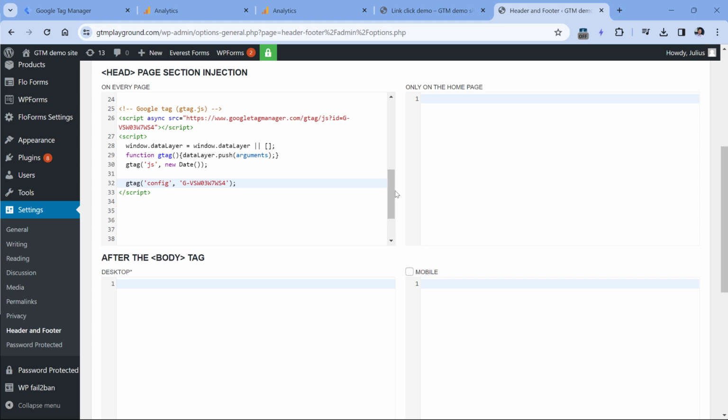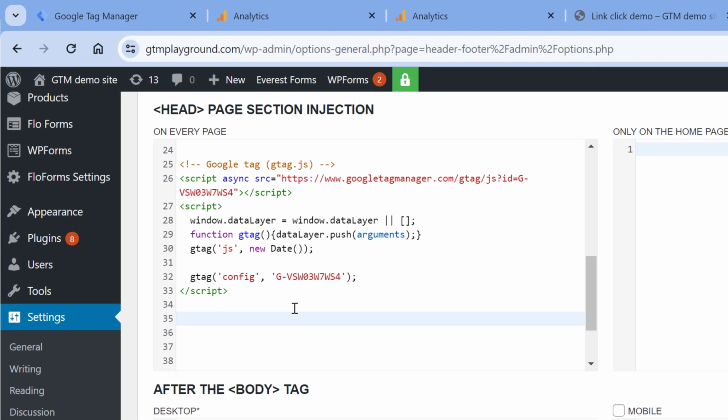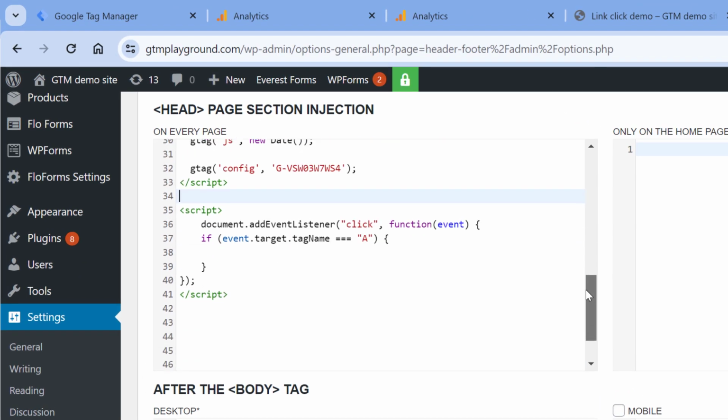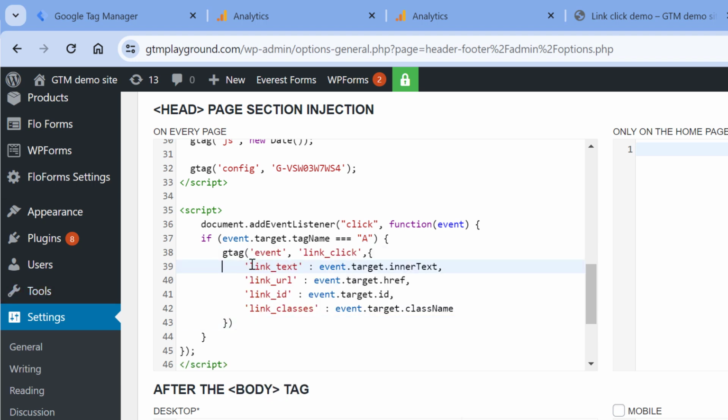So if you or your developer wants to send the events with GTAG, here is the general idea of how it could work. For example, if I want to track link clicks, then the developer or you, if you have enough JavaScript skills, could write a listener that will be looking for clicks on a site. And then if the click happened on a link, because clicks can also happen on other elements like images or text or whatever. So if the click happens on a link, then your developer could activate the GTAG command, and